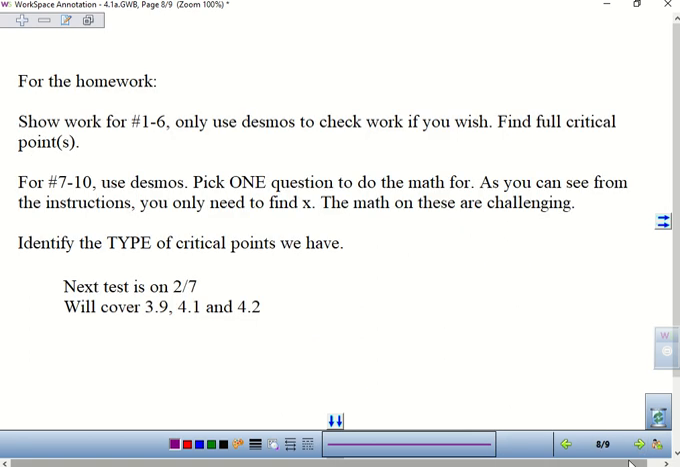Your next test will be 1 week from tomorrow, on February 7th, and it will cover these 3 sections. All right, I'll go